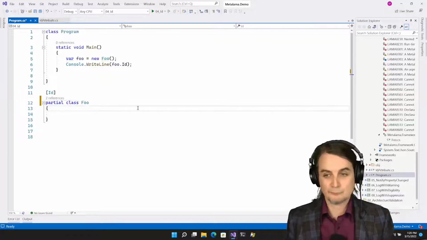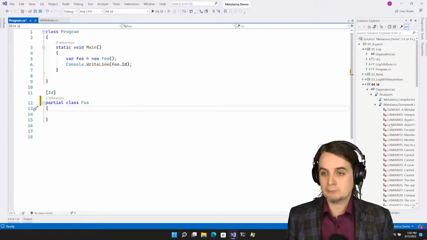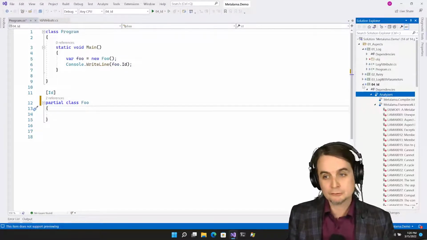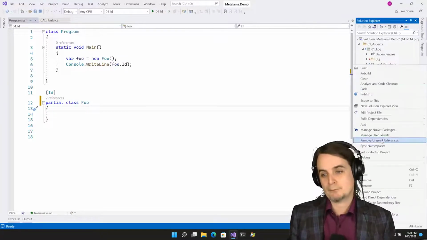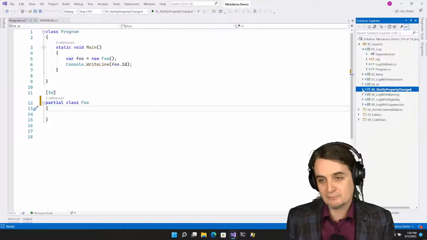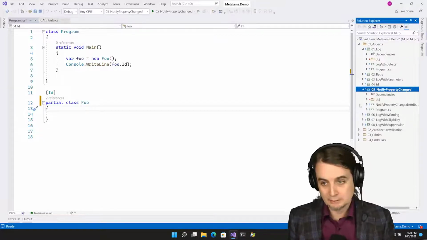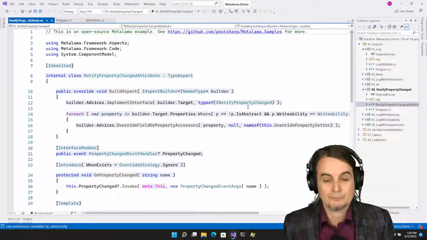So that's about introducing. And now that we know how to introduce new members, we know how to modify existing code, and now we can combine both.